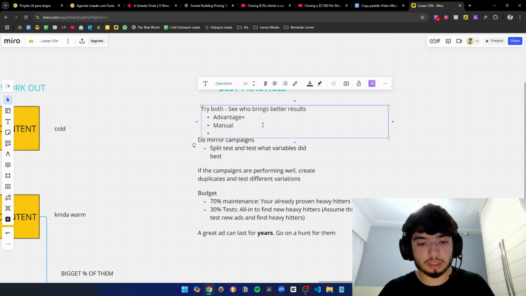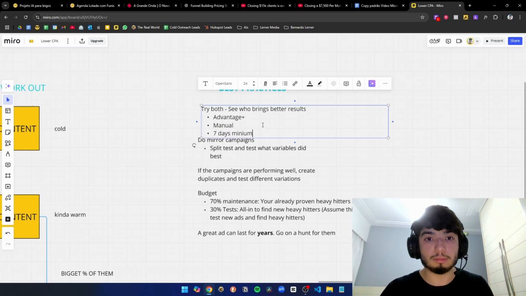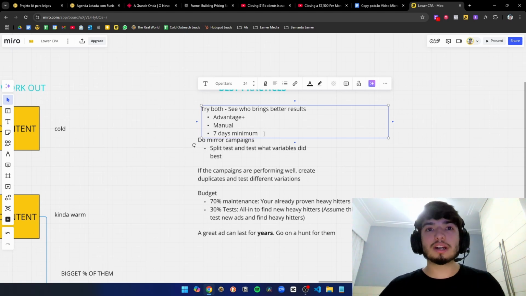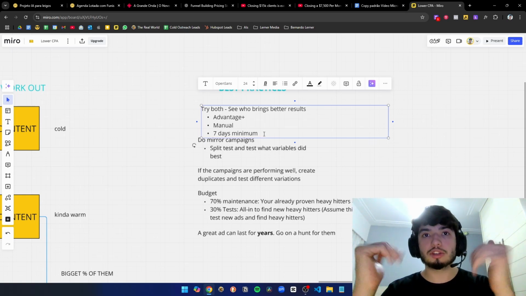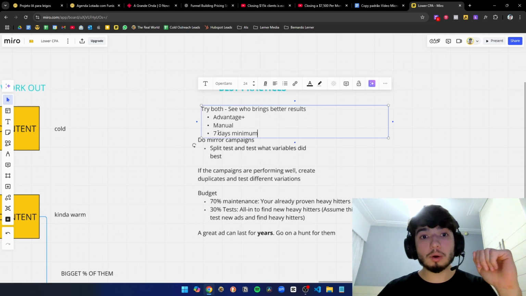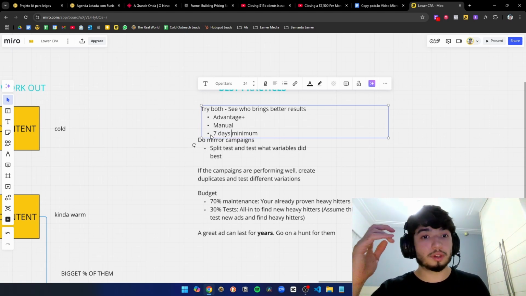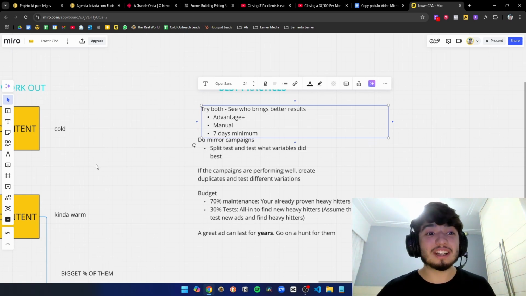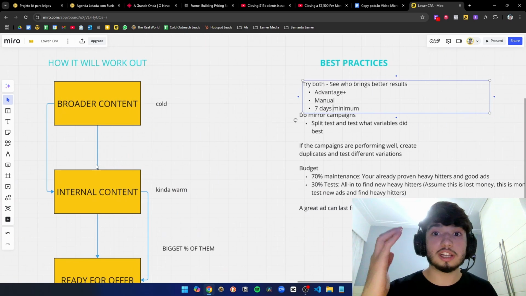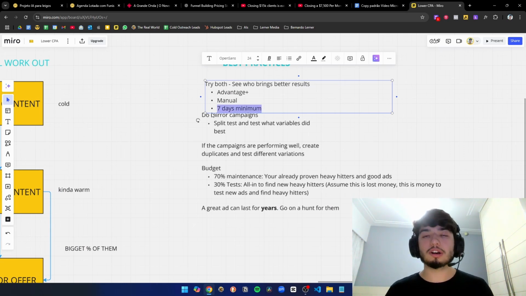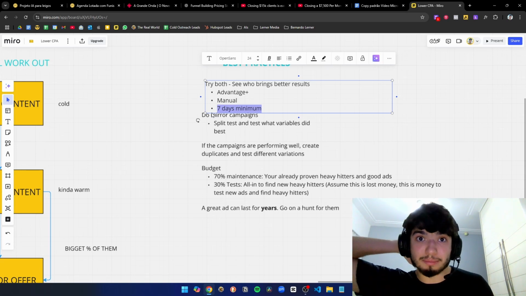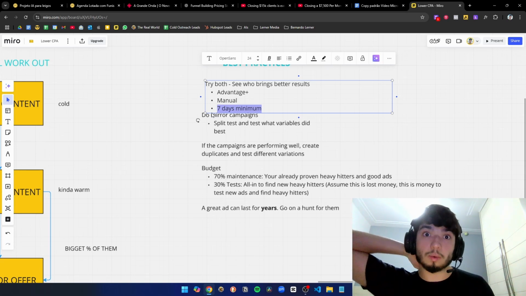Actually, 7 days minimum, because you've gotta let the campaign have a bit of time to react, right? There are people who say that if it doesn't work on day one, it doesn't work, but you gotta test. As I was saying before, the more you test, the more data we'll have. And from my data and from what I've seen, 7 days is good. You have a good notion, better quality data on what you're doing,